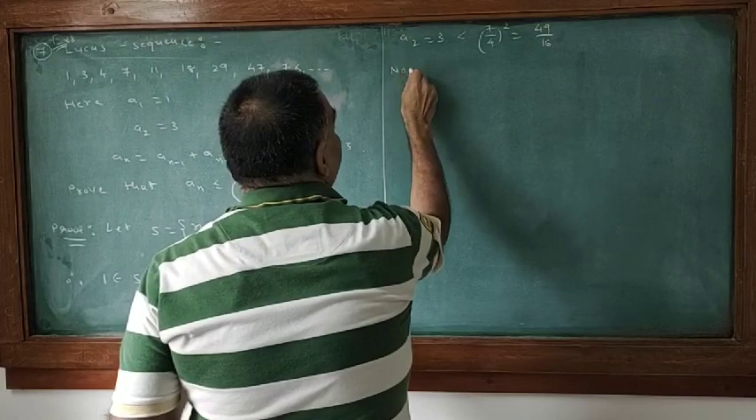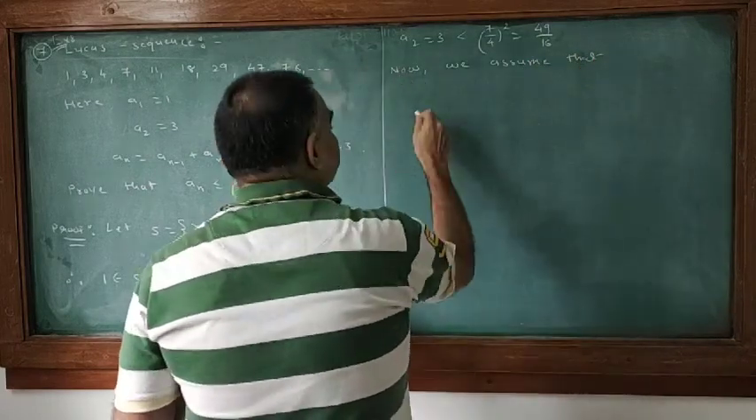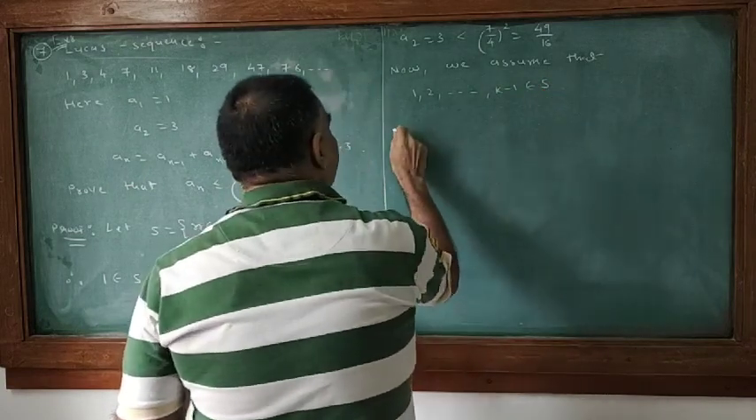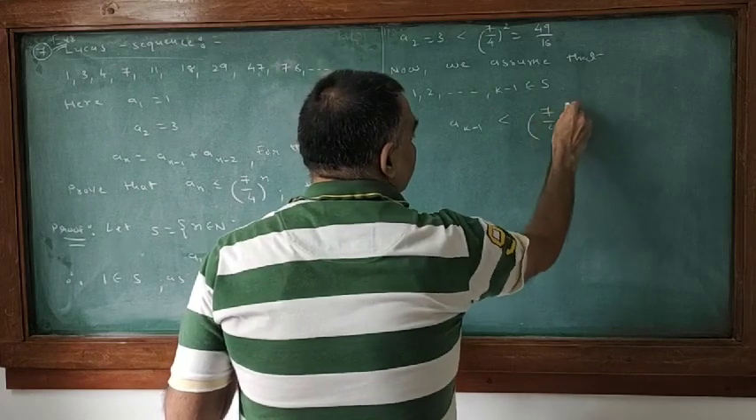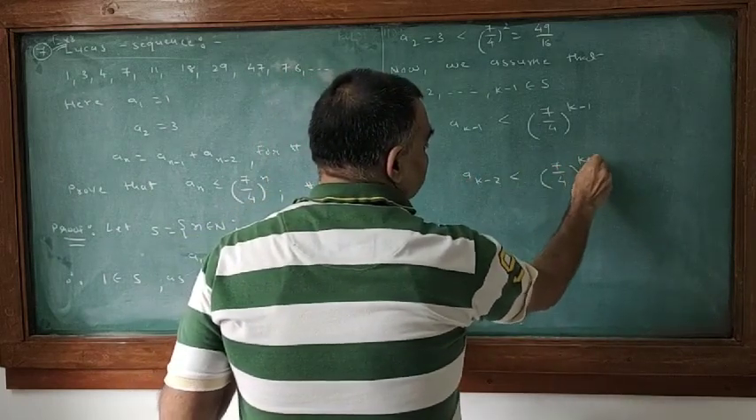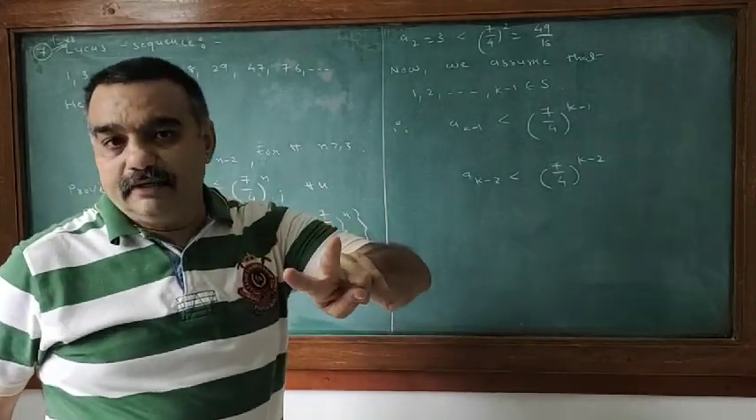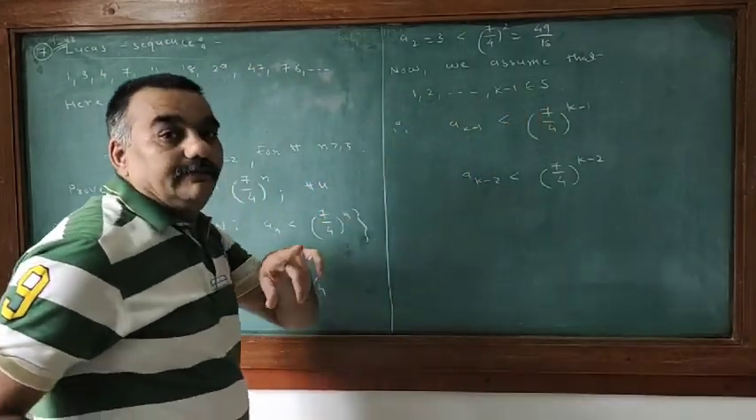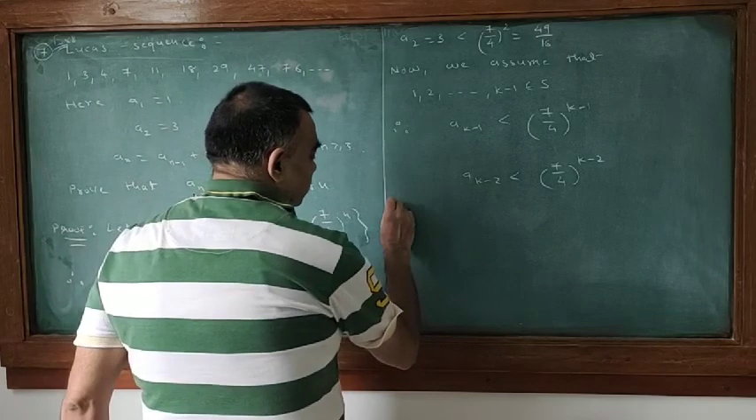Now we assume that 1, 2, up to k minus 1 belong to S. Here we are going to use the second principle of finite induction, which means we have 1, 2 up to k minus 1, all of them belong to S, and therefore a(k minus 1) is less than this, a(k minus 2) less than this. Therefore ak